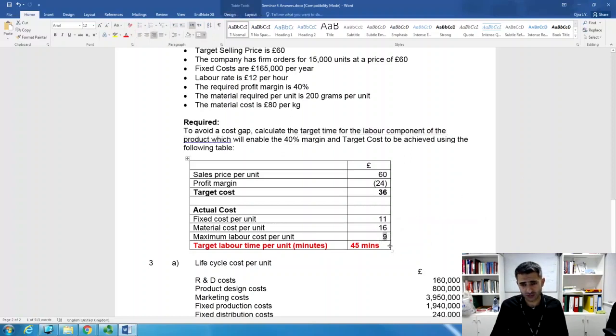So what you need to do in order to find the time: the direct labor cost is £9. Look at me, £9, you divide it by how much the company pays per hour, which is £12, isn't it? £12 they pay per hour. So £9 is the maximum labor cost per unit. For each unit we pay £9, yeah? If you divide it by 12,